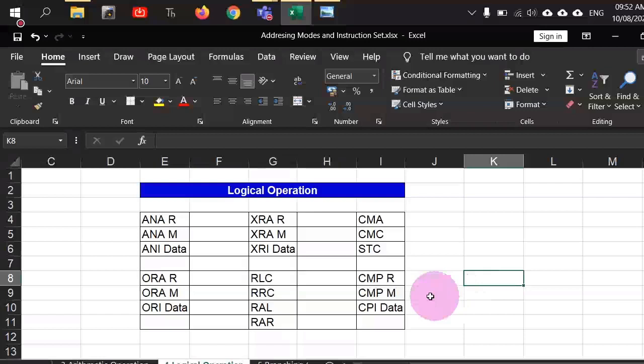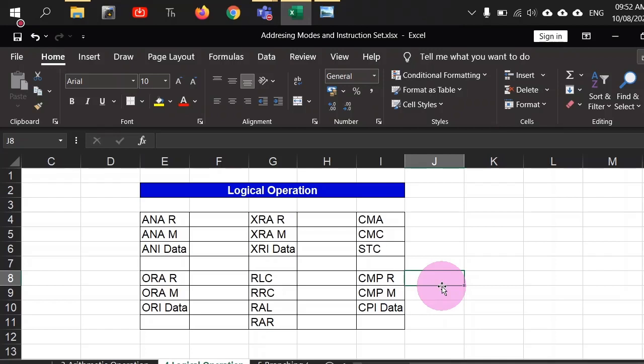The result of subtraction will not be stored back in the accumulator, because this is what we do while comparing two numbers. If we want to compare two numbers, you simply subtract them and look at the result of subtraction. If the result is negative, you can say that the greater number was subtracted from a smaller number. If the result is positive, a smaller number was subtracted from the larger number. And if the result is zero, both of the numbers are equal. This can be observed from the flag register only. You don't have to actually see the result.